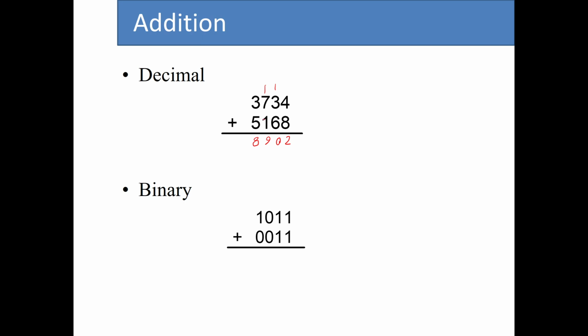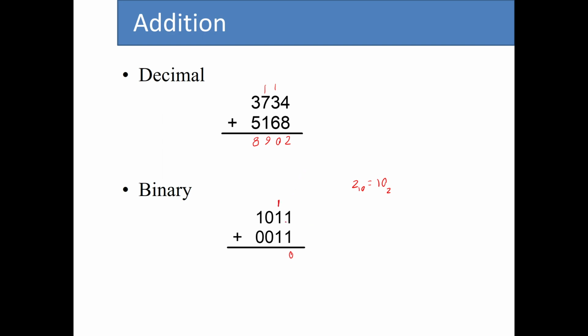So now let's see what happens when we want to add two 4-bit binary numbers. For the rightmost bit, basically the least significant bit, we have 1 plus 1. So 1 plus 1 in decimal is going to be 2, right? But if you remember from the previous lecture, 2 is represented by 10 in binary numbers. So that means that the result of 1 plus 1 is going to be 0, with 1 carry over to